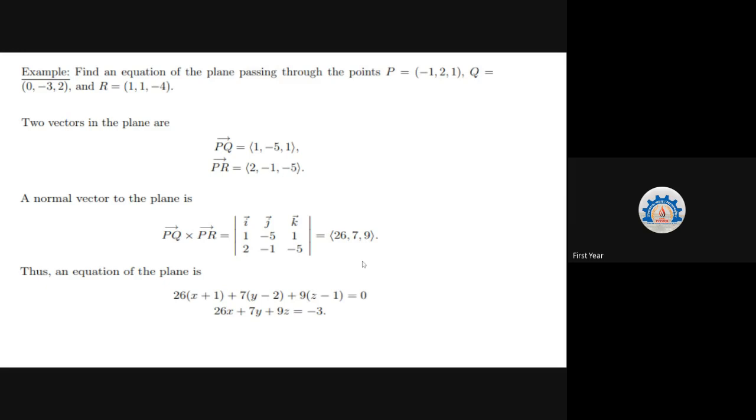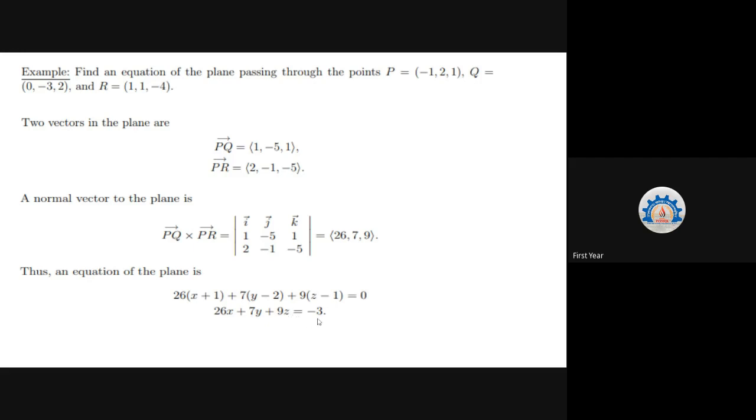From this, what are the coefficients of x, y, z? The coefficients of x, y, z will be the coefficients of the normal vector. What do you mean by the coefficients of the normal vector? How did we represent the line in the previous advanced math activity, L1, M1, N1 or A1, B1, C1? Those are these numbers. Those are the direction ratios of the normal. Yes, direction ratios of the normal. Exactly. The direction ratios of the normal are going to be the coefficients of x, y, z in the equation of the plane.